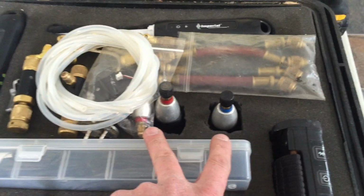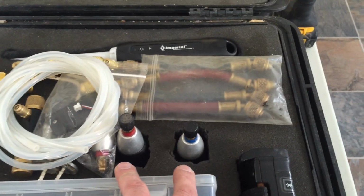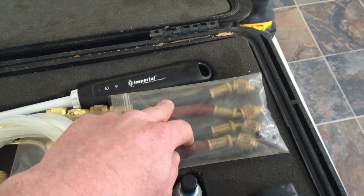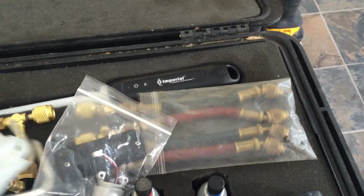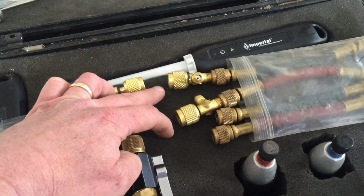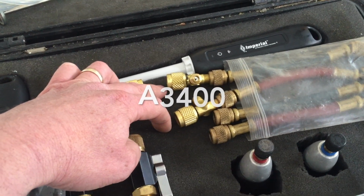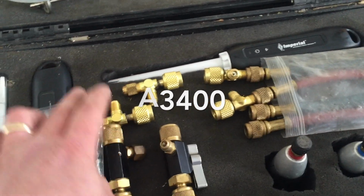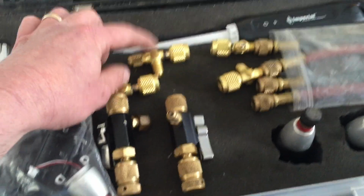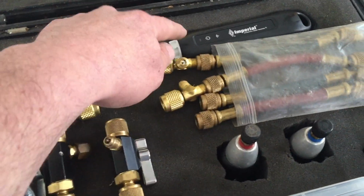My primary pressure probes, high pressure, low pressure for refrigerant. I've got the short hoses that come with the pressure probes. I've got my A3410 Ts on the two hoses that I use most of the time. Those are made by Just Better Products, model A3410 or part number. I've got an extra set of the T fittings. I've got a couple of ball valve Schrader core removers. And then I've got another